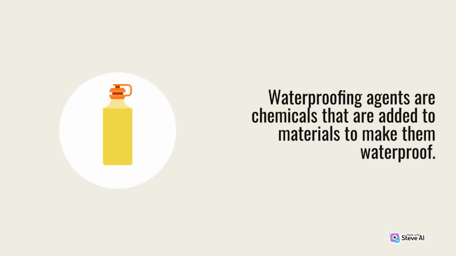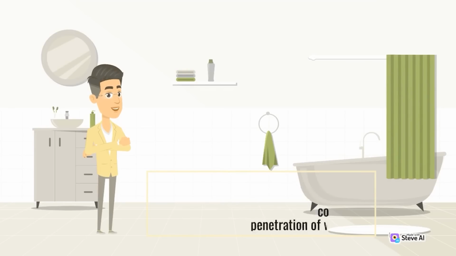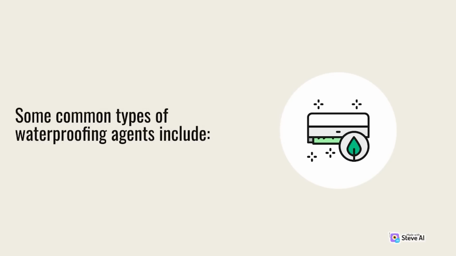Waterproofing agents are chemicals that are added to materials to make them waterproof. These agents can be applied to a wide range of materials, including fabrics, wood, concrete, and metal, to prevent the penetration of water and moisture. The types of waterproofing agents used in the production of materials vary depending on the application and the specific material being treated. Some common types of waterproofing agents include